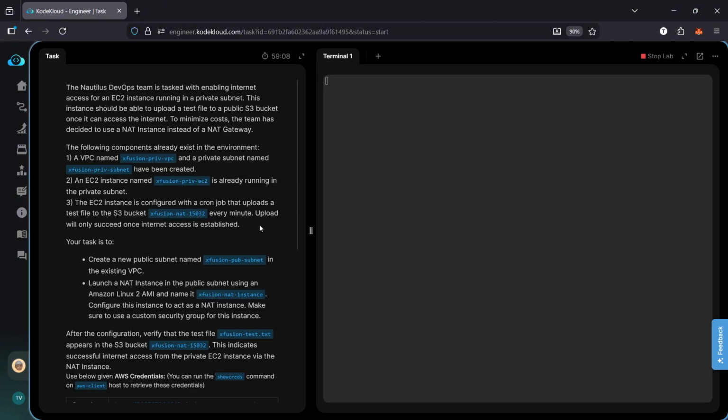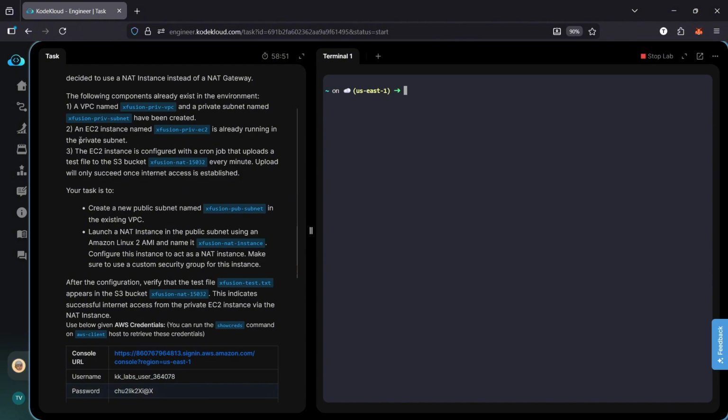And here is the task. There are some resources that are already created: a VPC named Xfusion Private VPC and the Xfusion Private subnet were created. And in that VPC, an EC2 instance with the name of Xfusion Private EC2 was also created. The EC2 instance is configured with a cron job that uploads a test file to the S3 bucket, and this is the bucket name, Xfusion NAT